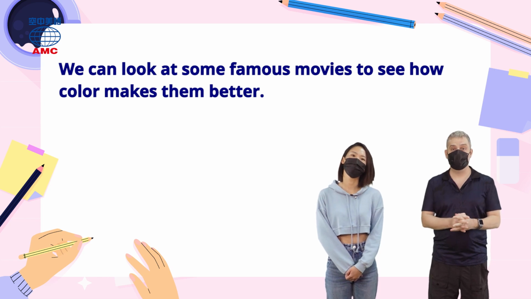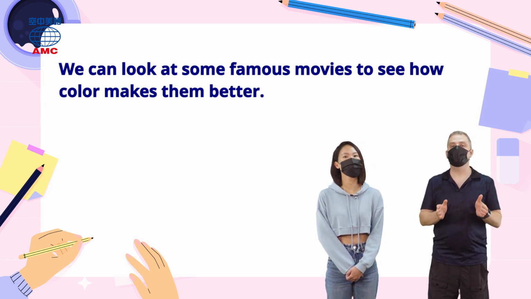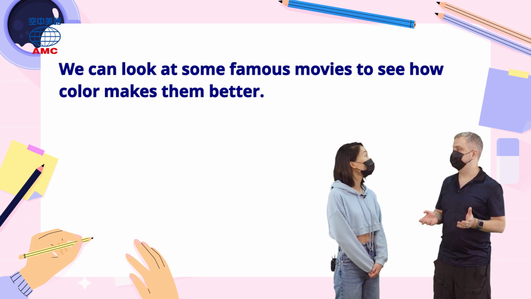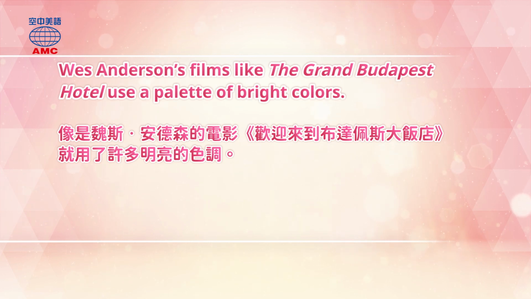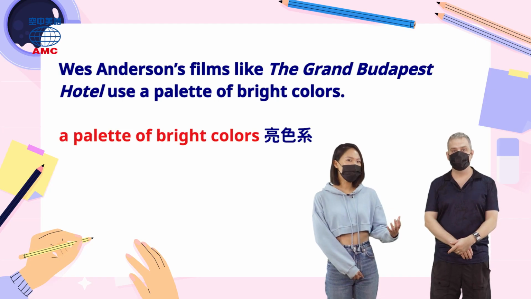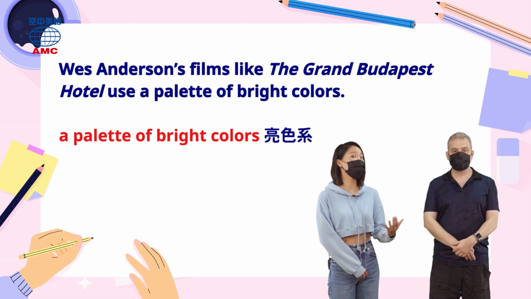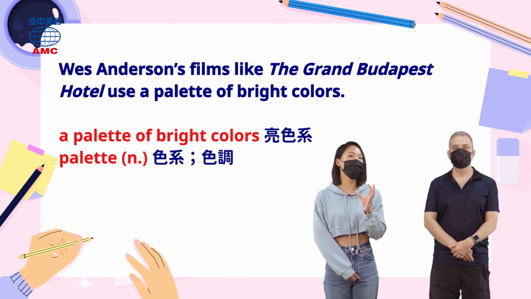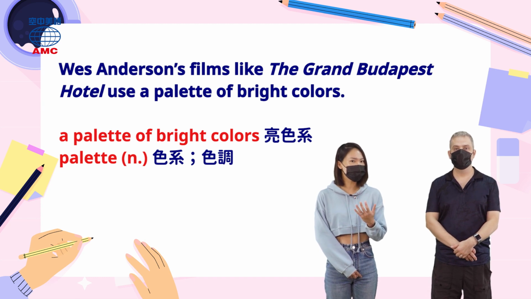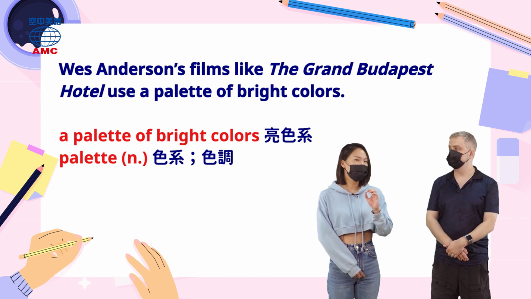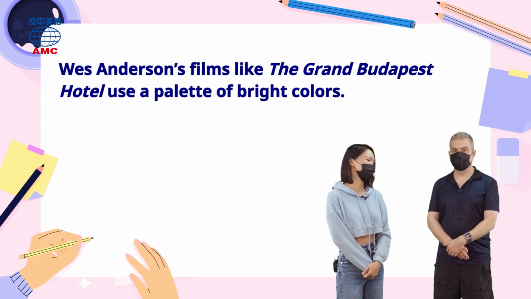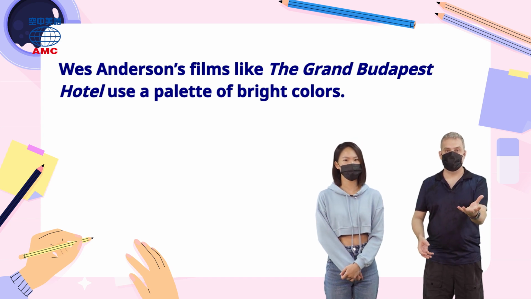Welcome back. So let's go with our first example. And in fact, this particular director, you could use almost any of his films. He's pretty well known for his use of color. Wes Anderson's films, like The Grand Budapest Hotel, use a palette of bright colors. A palette of bright colors 代表的是亮色系，所以 palette 这个字，这个名词指的是色系、色调。那这边我们举了一部电影是《欢迎来到布达佩斯大饭店》。好，在这一部电影当中，我们的导演使用的是明亮的色彩。 So a palette could be the thing an artist actually holds in